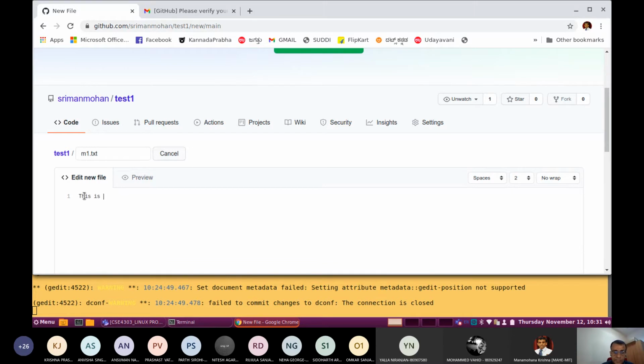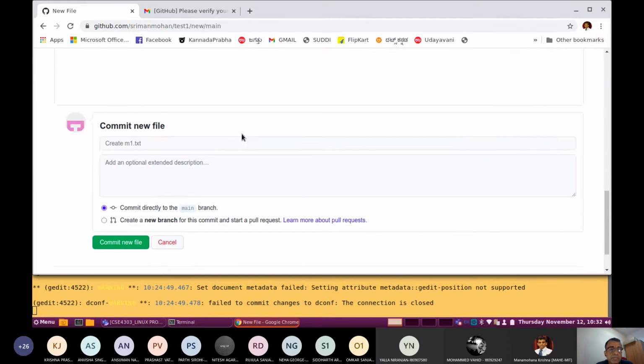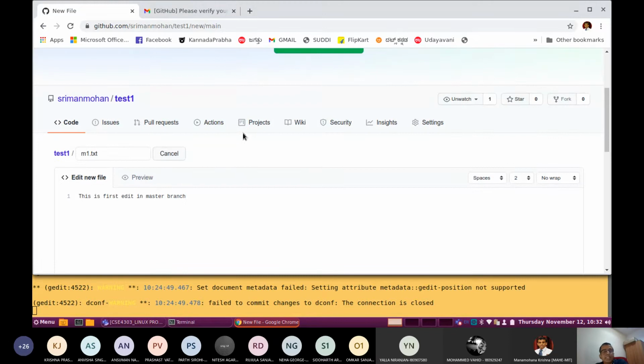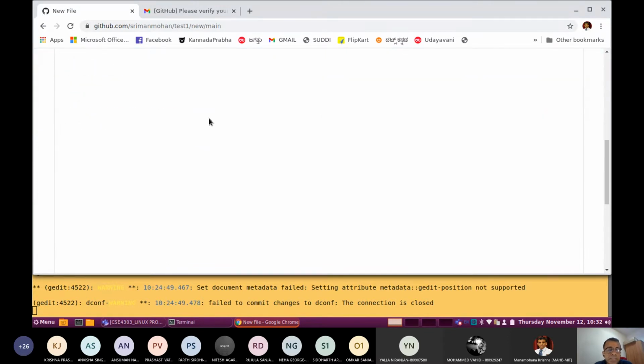This is the first edit in master branch. So you can create some content in the master branch, very similar to the way in which we created the file with the gedit command. I created some content here.